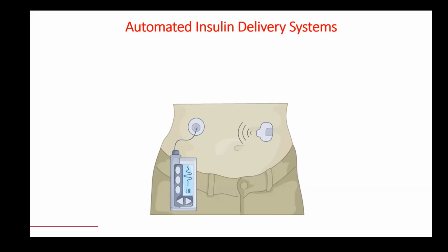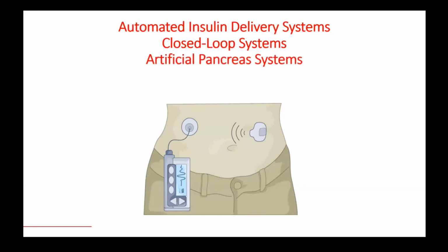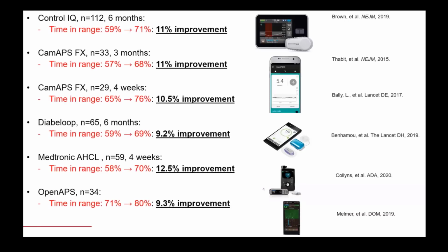Now, just some terminologies. Some people call them closed loop systems, some people call them artificial pancreas systems, and there's one particular group in Harvard that calls them bionic pancreas, but these terminologies are used for the same devices. Now, in the last few years, there have been multiple devices that were commercially available,